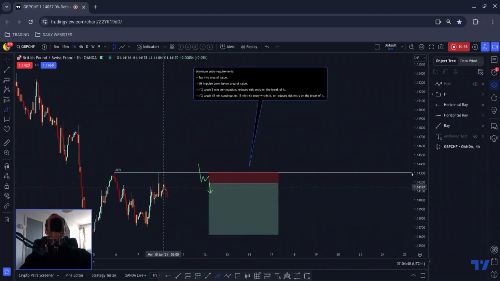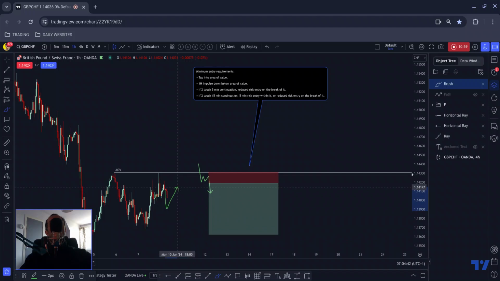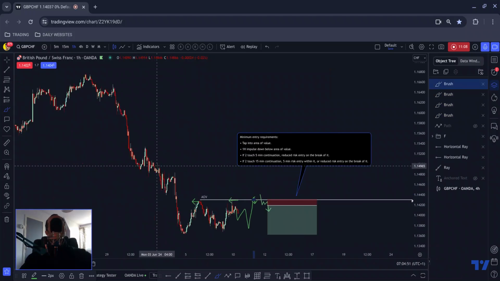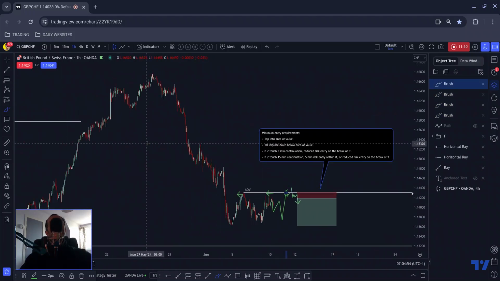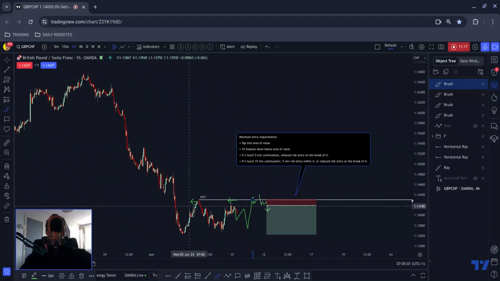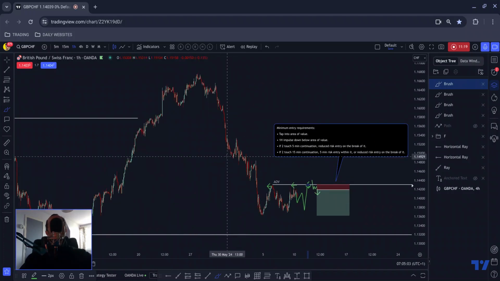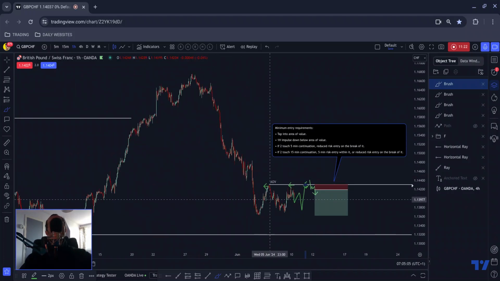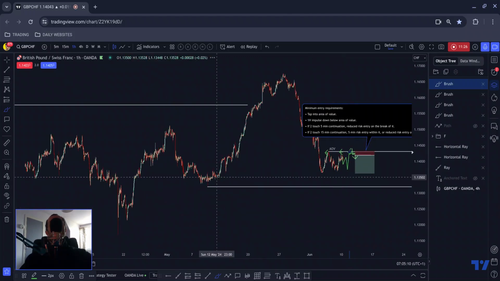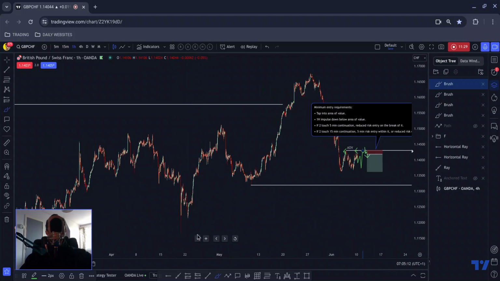But what it's looking like to me is it wouldn't surprise me if we get something like this. We come back up, and then we get more of that three-touch structure. Especially since this has been a very big move, and there hasn't been a lot of volume generated along the way. Particularly on a pair like pound Swiss, price after such a big move, which hasn't built much volume along the way, would probably need to build quite a bit, especially if we're going all the way down to that low that I was talking about.